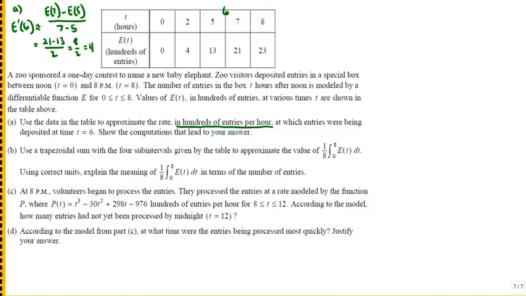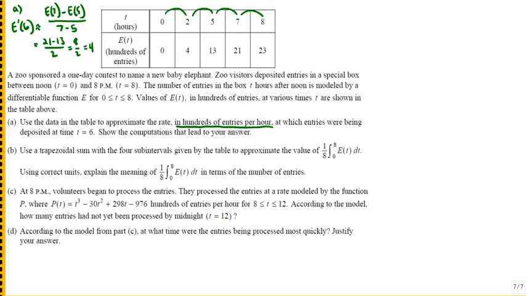Part B, use a trapezoidal sum with 4 subintervals given by the table to approximate the value of 1/8 of integral 0 to 8 e of t dt. Then use correct units to explain the meaning of that. Well, this is obviously an average value of the e of t, and so if e of t is hundreds of entries, then the average would be hundreds of entries also